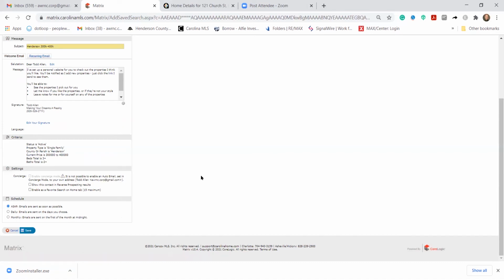All right, that's pretty much it. That's how you set up a single email to your clients, or you can set up an auto email